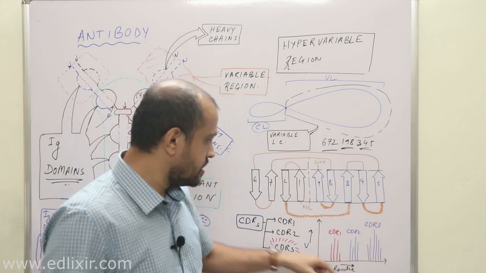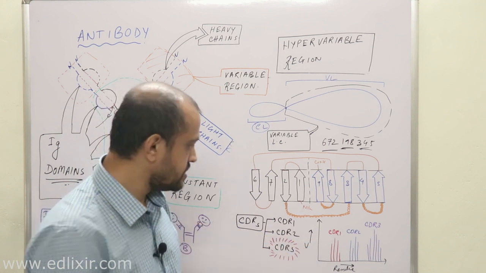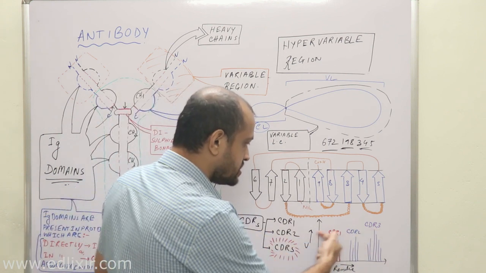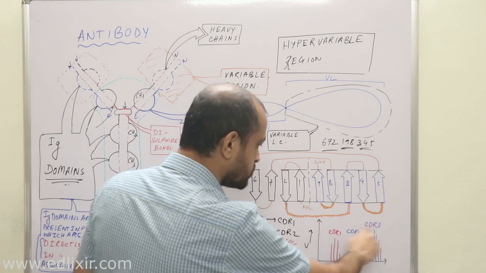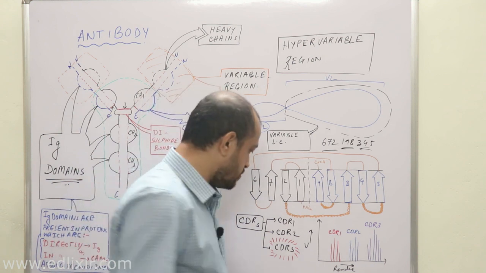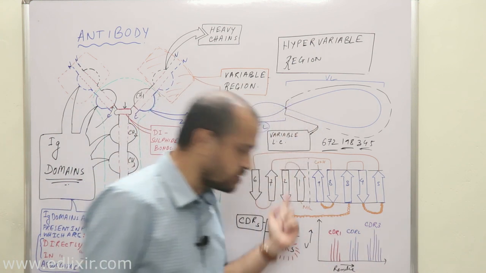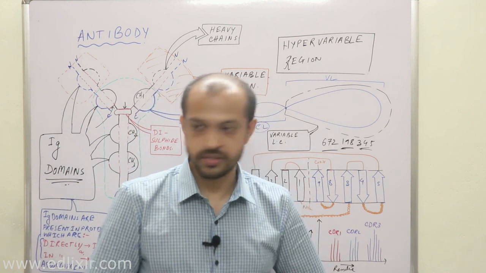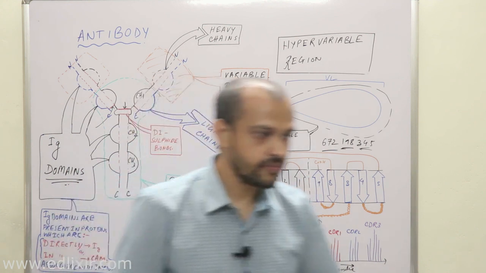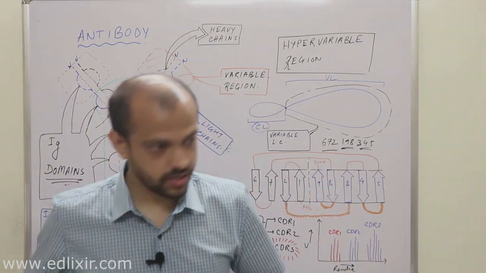Now listen, variability is presented on the y-axis, right? That means here the variability is highest. In the CDR3 portion, variability is highest. That means CDR3 is the most variable of them all. Okay. Now, if you want to really see this particular graph, a graph will be appearing on your screen. Those who are watching the live video, and those who are attending the class, I will be showing the graph right now. Okay.